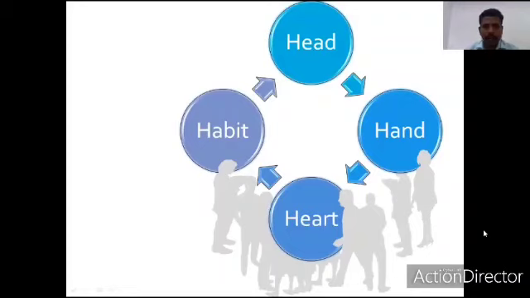Here I am trying to tell how group activity is going to look. For example, see here these four circles with different headings: head, hand, heart, as well as habits. Head means the persons, hand means the working people. Online group working is like a mix and integration of all these four H's: head, hand, heart and habit. Then only, if you have a good matrix, a good chemistry, or a good integration of all these four H's, are you able to find your group activities going with a high level of satisfaction and being result oriented.